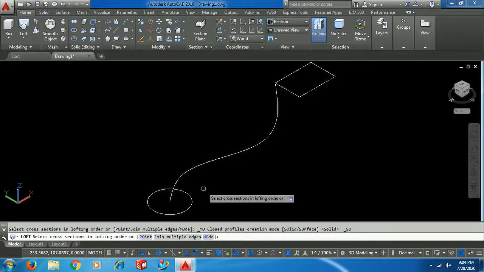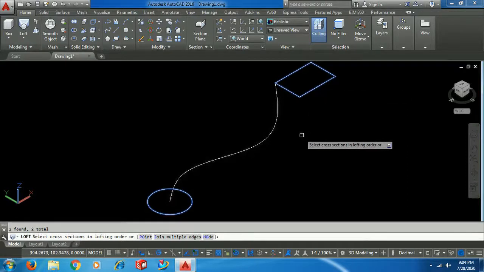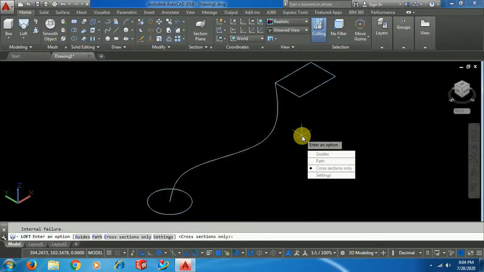First it asks to select cross sections. If you select these two sections, go for enter. It shows guides, path, and options. Directly it should show the output, but it is not showing now.